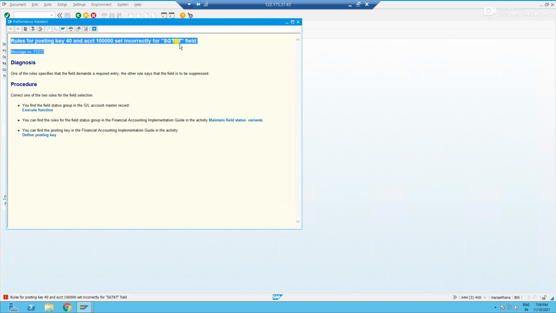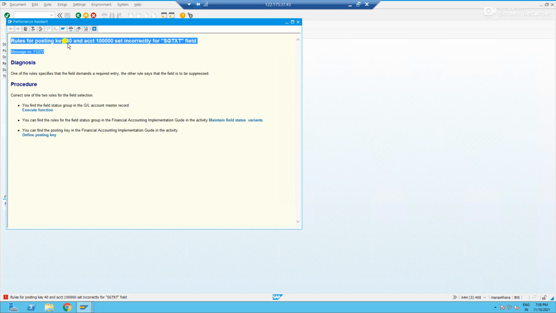If there is a conflict between a field status group and a posting key, not only posting key 40. There are many posting keys based on the module. In general ledger accounting, you have 40 for a debit and 50 for a credit. In accounts payable, the posting keys are different. In accounts receivable, they are different. Similarly, for asset accounting and materials management, they are different. Likewise, it could be any posting key.